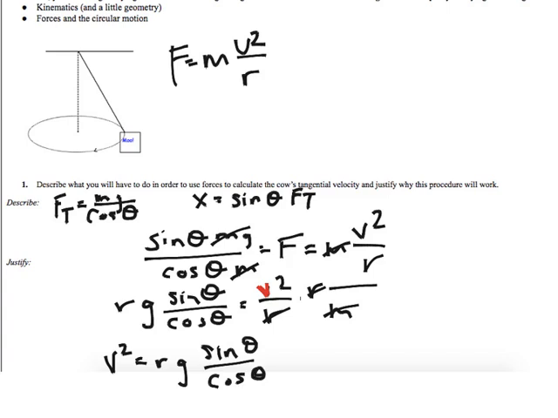Okay, well, we don't know the angle. How can we solve this? Well, with a clever bit of algebra and geometry, so I'm going to use this. So that's essentially our triangle. This is our F_T. This is our, I'm going to say length, just to give it a different name. That's our length, and this is our radius. So we really want to know our radius. But if we said our angle was up here,